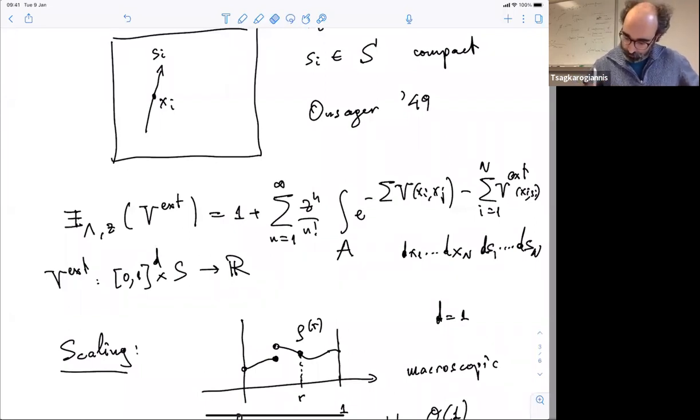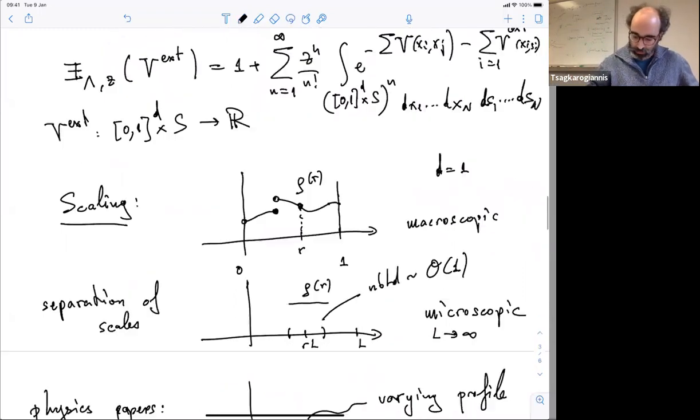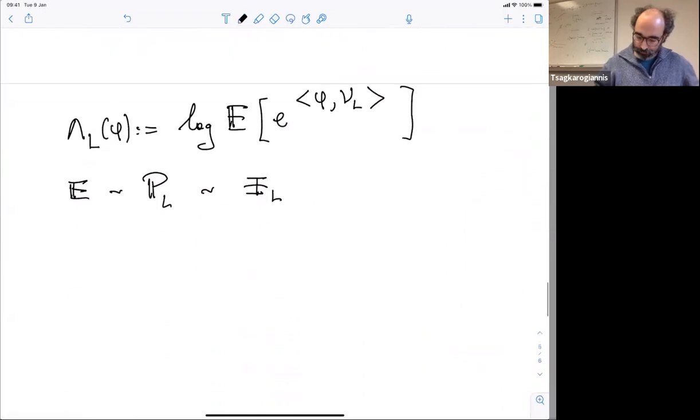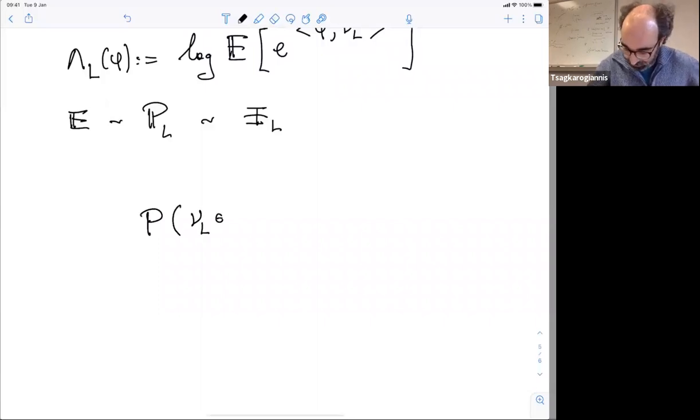So you integrate not over the whole space. Here it was over the whole space, it was [0,1] to the D cross S and the whole thing to the power n. So if I give you a set A of configurations, I integrate over this set A. So the large deviation principle says that the probability of my measure mu L being in some set A,